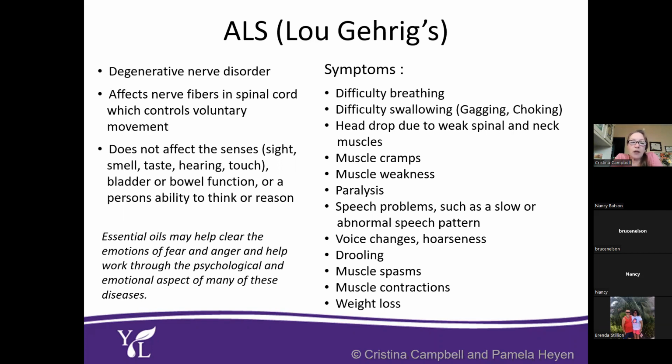Essential oils may help clear the emotions of fear and anger and help work through the psychological and emotional aspect of many of these diseases as well. So you're always going to use, even with the physical healing oils that you're going to use for neurological disorders, a lot of